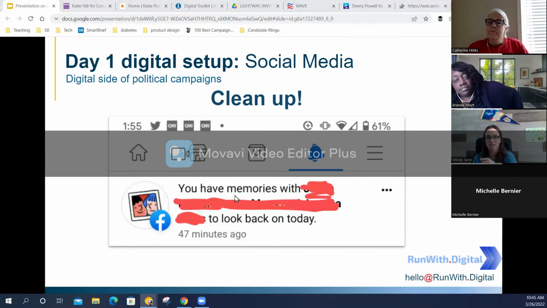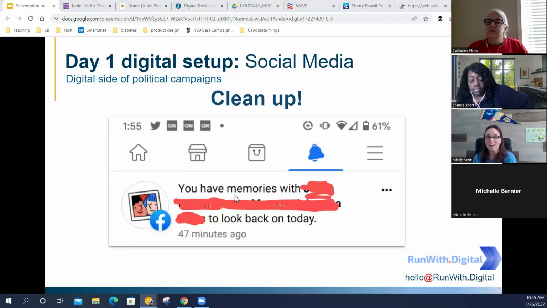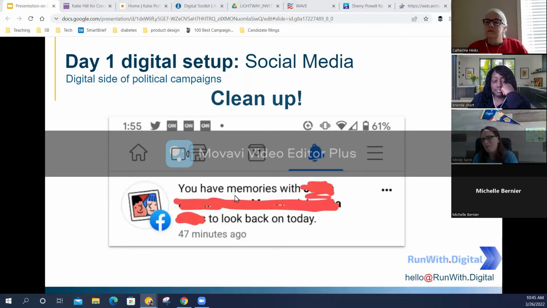Without context, if someone looks through my post from 10 years ago, that looks beyond awful. It looks like I'm very, very Republican, saying don't get paid with tax dollars. That's not at all what I meant, and that's something that I had to delete because I don't want that getting out there. So just think about that kind of thing. Look at everything in context, make sure it's all clean.